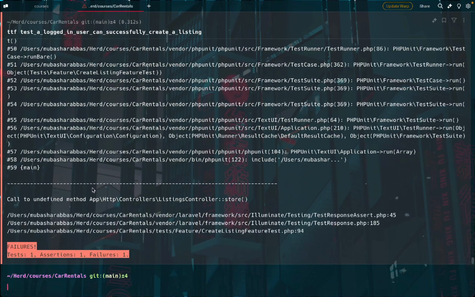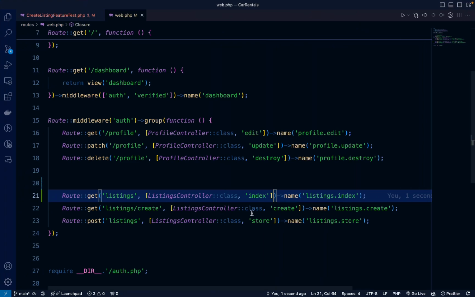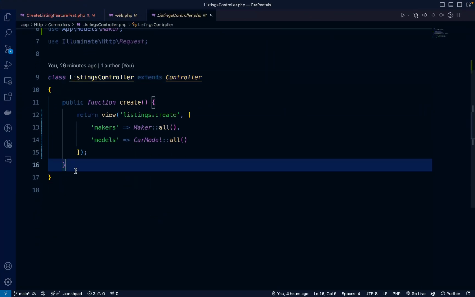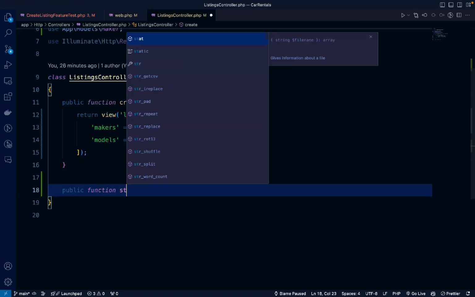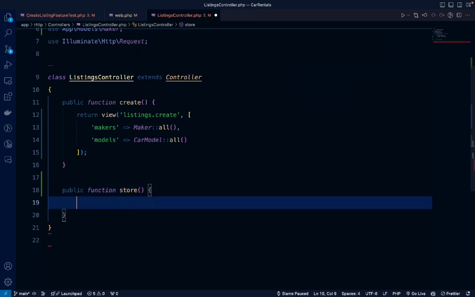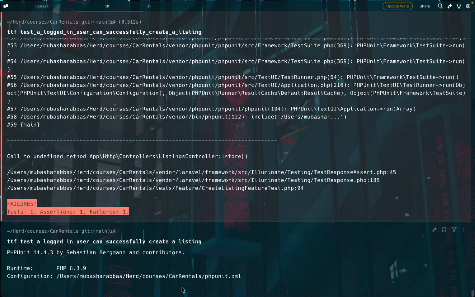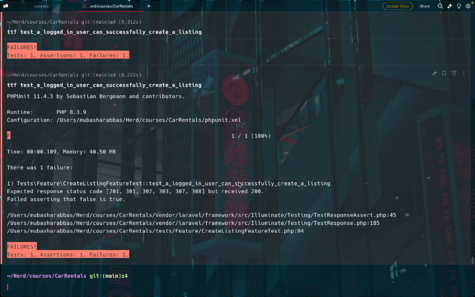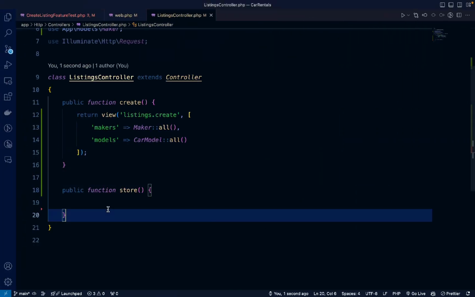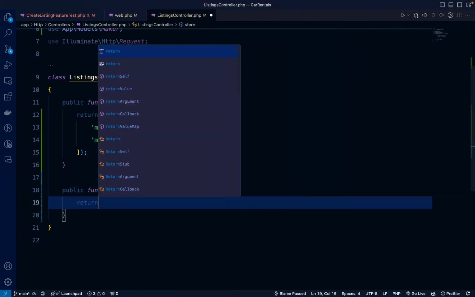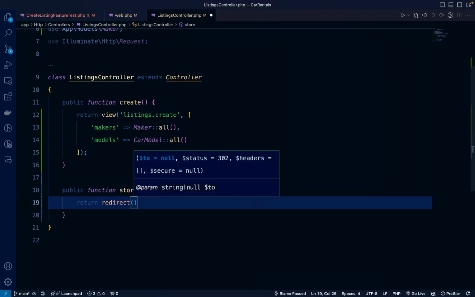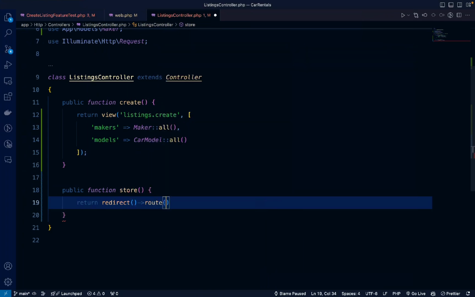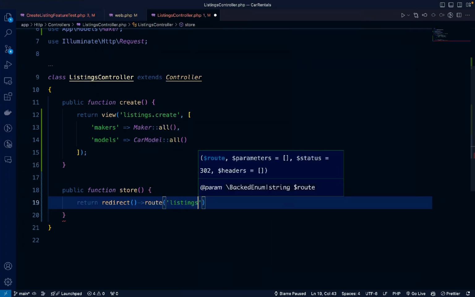Now we're getting that the store method does not exist. We can do that. Public function store. And let's see what's next. So it expects the redirect. Well, we can redirect it, no problem. We'll do return redirect, and then the route will be listings.index,